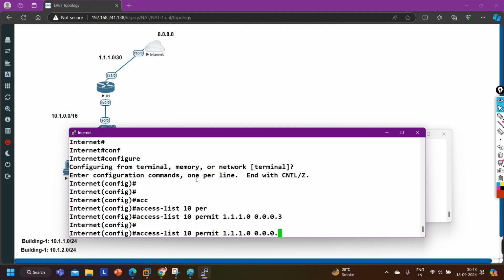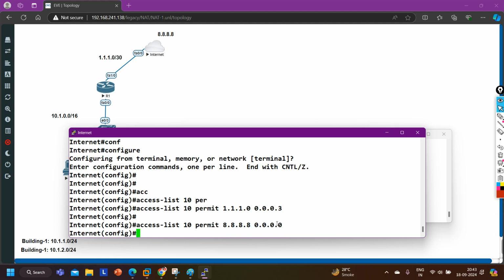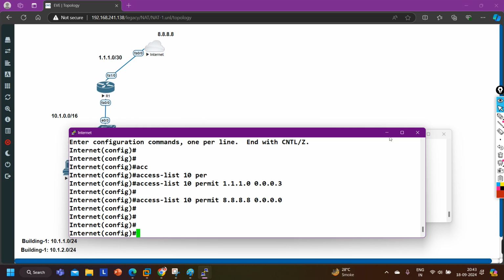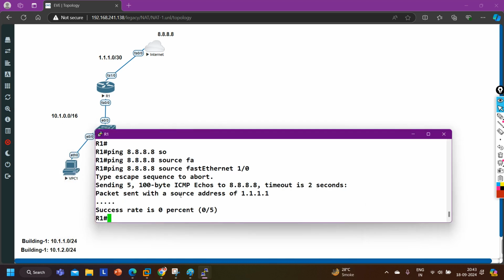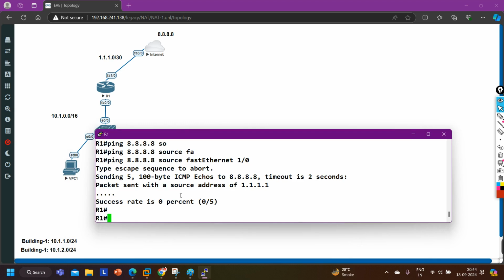Okay, on the internet router I am going to allow 8.8.8.8 as well. Let me do one thing, let me permit 8.8.8.8. Actually, you know how we are going to configure ACL on the internet router? We'll be blocking all the private IP addresses. We'll be allowing only the public IP address from each class. So for now 8.8.8.8 is also allowed over here. The reason why I'm not able to ping 8.8.8.8 is the route.